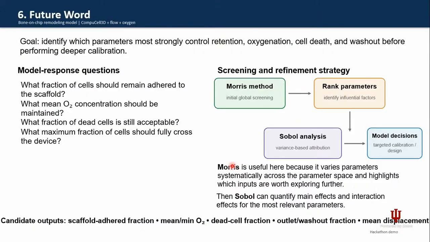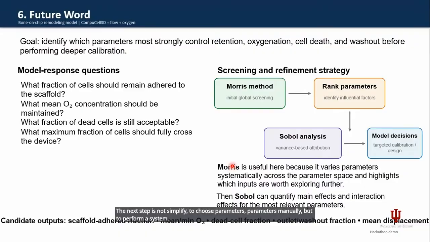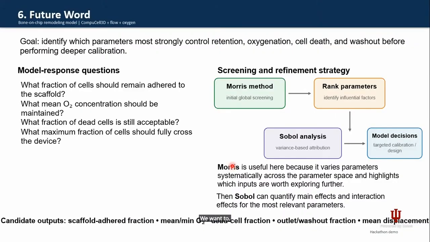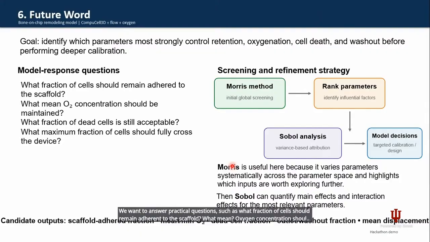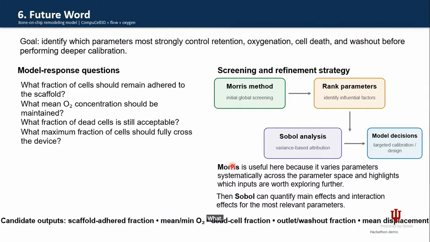And as future work, the next step is not to choose parameters manually, but to perform a systematic sensitivity analysis. We want to answer practical questions such as what fraction of cells should remain adherent to the scaffold, what mean oxygen concentration should be maintained, what fraction of dead cells is still acceptable, and what maximum fraction of cells should